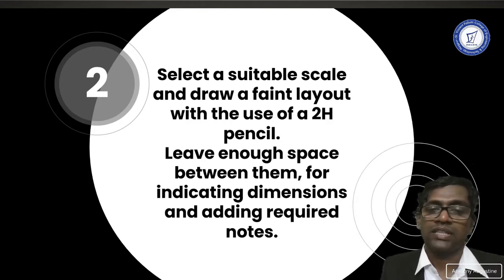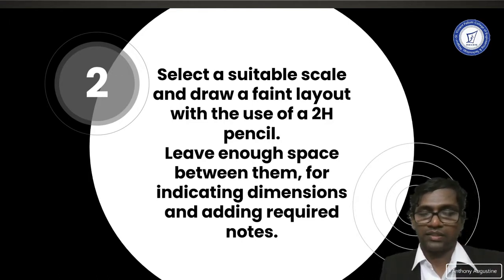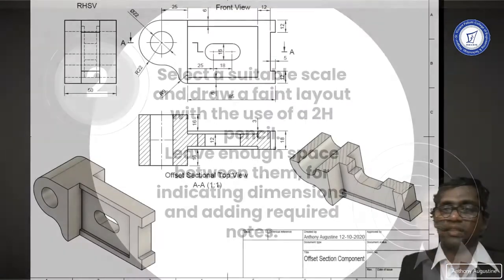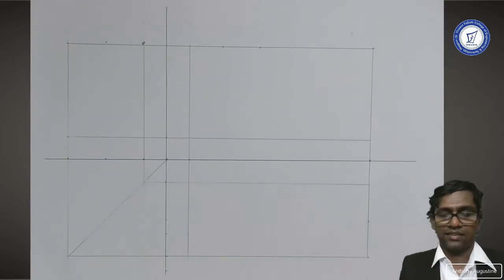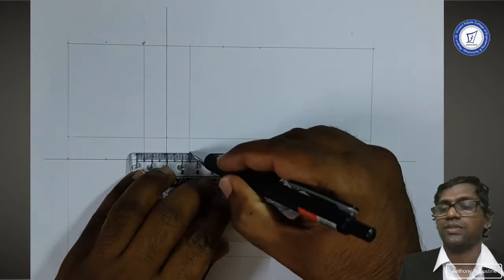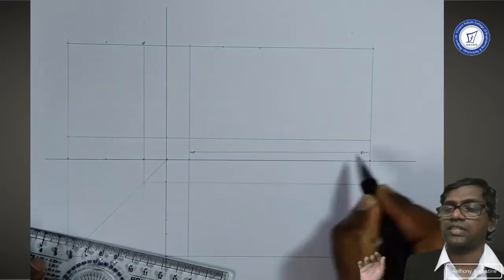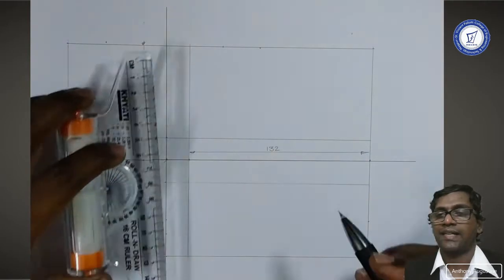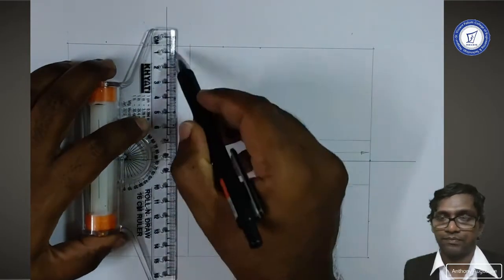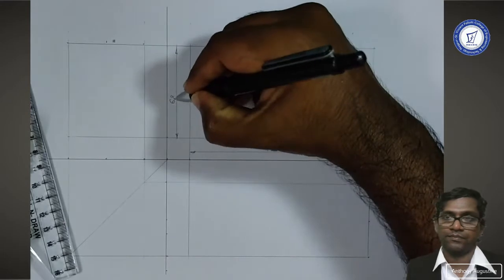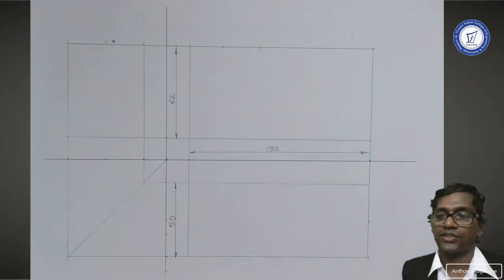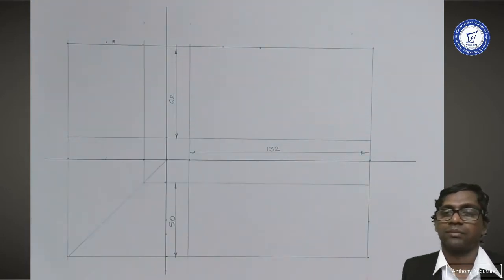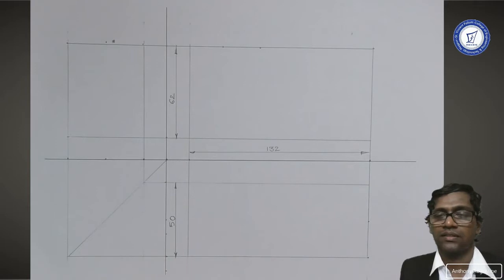So we now do the actual drawing part. So here, this is the layout we have to do, and next we draw it on the sheet. Here you can see me draw the front view layout of 132 mm width and a height of 62 mm. The thickness is 50 mm as shown. Now once we have plotted the layout, we move to the next step.